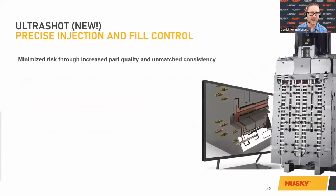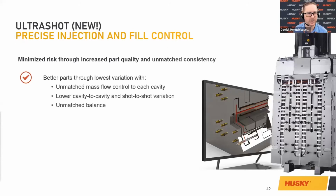With our ULTRASHOT technology system, molders can produce parts at scale previously impossible to do with conventional injection molding technology. This utilizes the plasticating unit of the conventional injection molding machine to feed molten resin to servo-driven injectors, which directly feed specific groups of cavities. This moves the injection control much closer to the cavity, reducing residence time, decreasing variation, and increasing control for parts